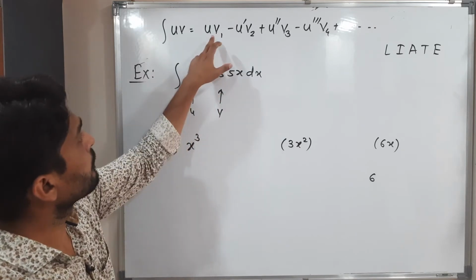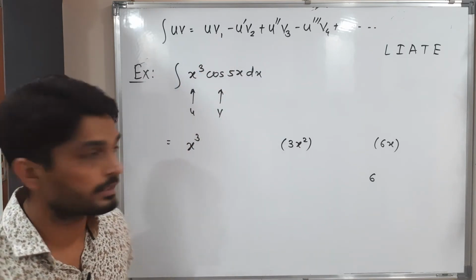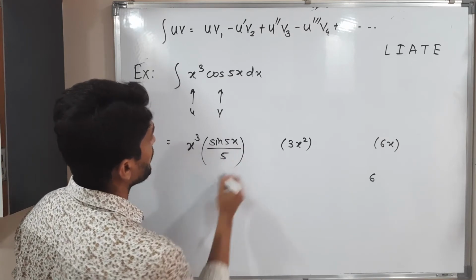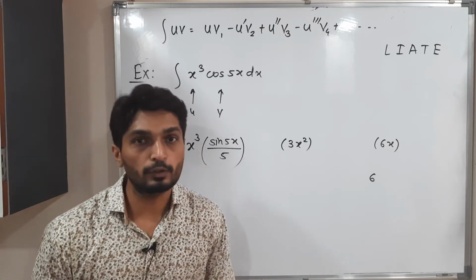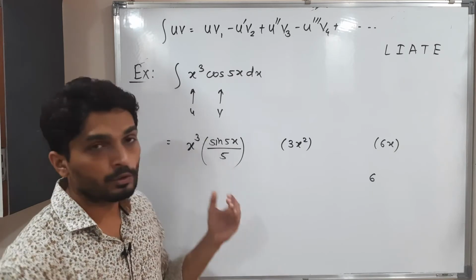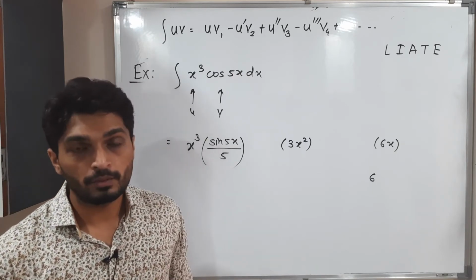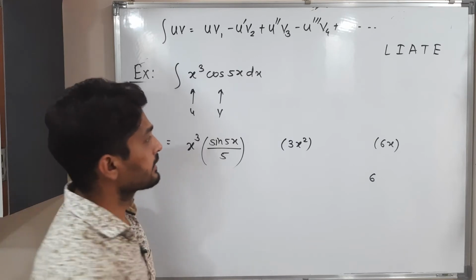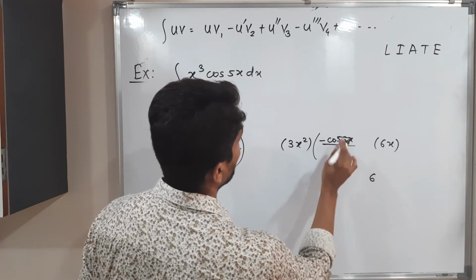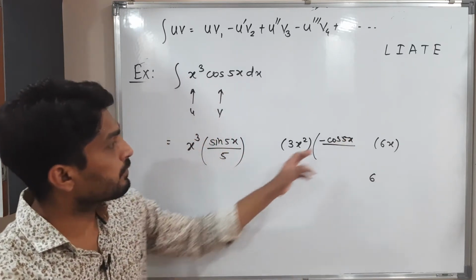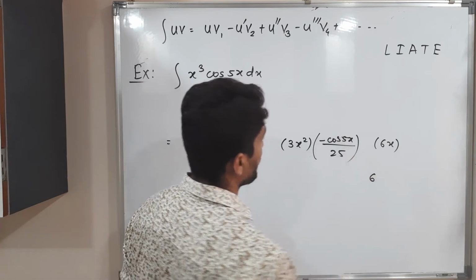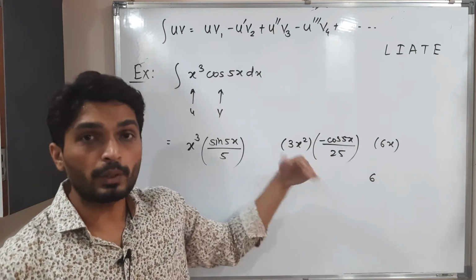Let us come to this v. v1: what is the integration of cos 5x? Its integration is sin 5x divided by 5. Whatever the multiple of x, we always write in the denominator. v2, that means the second integration of v. The first integration we have already taken, we have to take one more. The integration of cos is sin, so we write sin 5x, but this time the 5 will come here and already one 5 is there, so I need to write 25, 5 square.